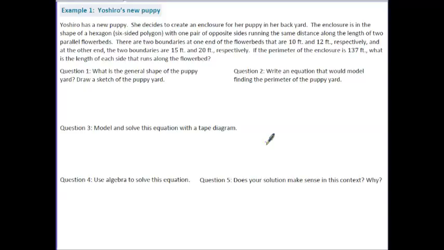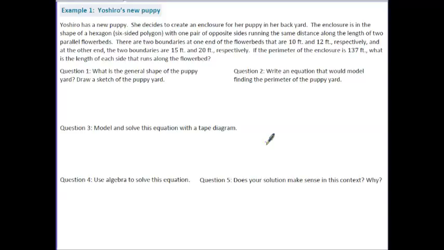The enclosure is in the shape of a hexagon, which is a 6-sided polygon, with one pair of opposite sides running the same distance along the length of 2 parallel flower beds. There are 2 boundaries at one end of the flower beds that are 10 feet and 12 feet respectively, and at the other end, the 2 boundaries are 15 feet and 20 feet respectively. If the perimeter of the enclosure is 137 feet, what is the length of each side that runs along the